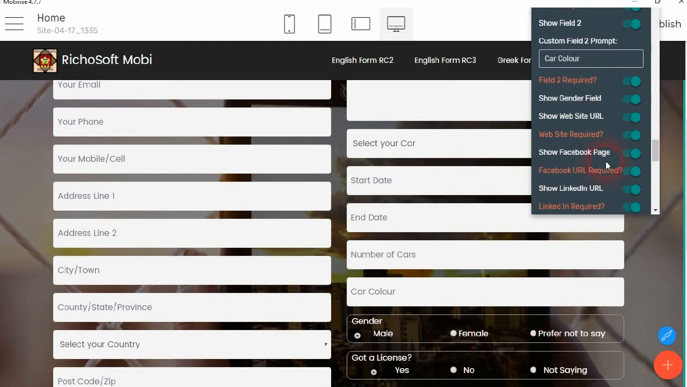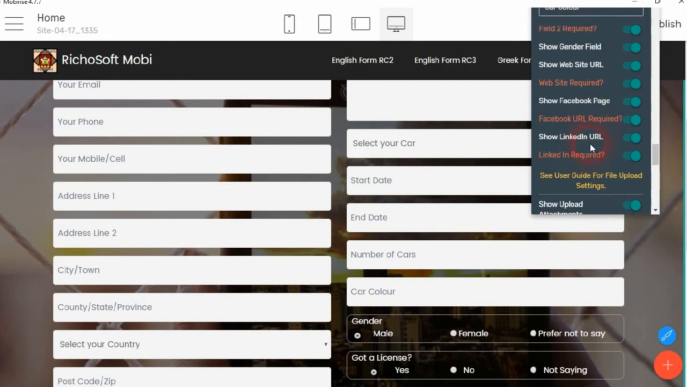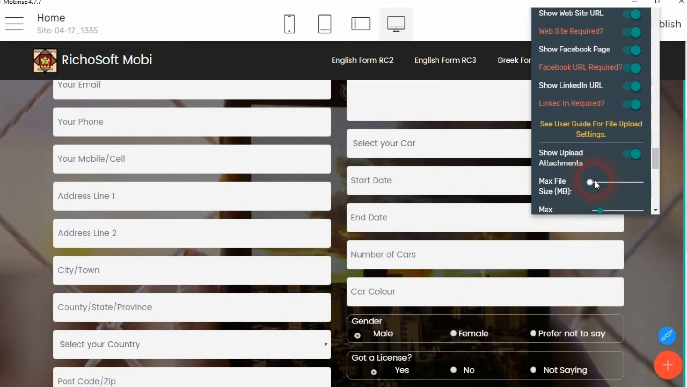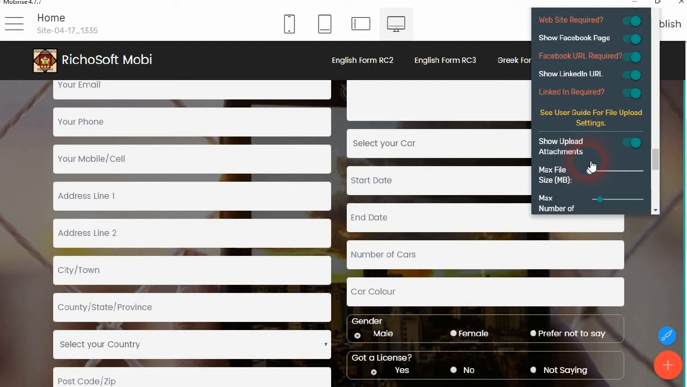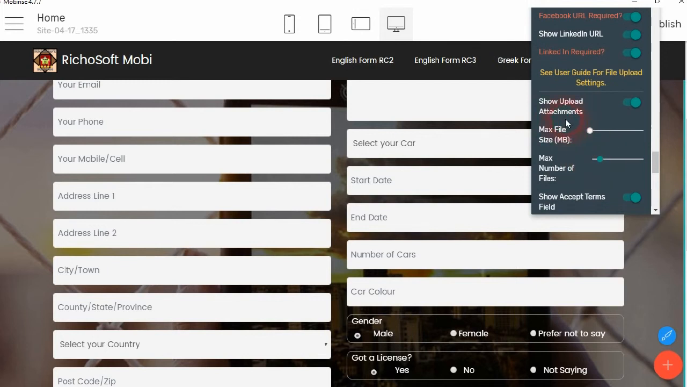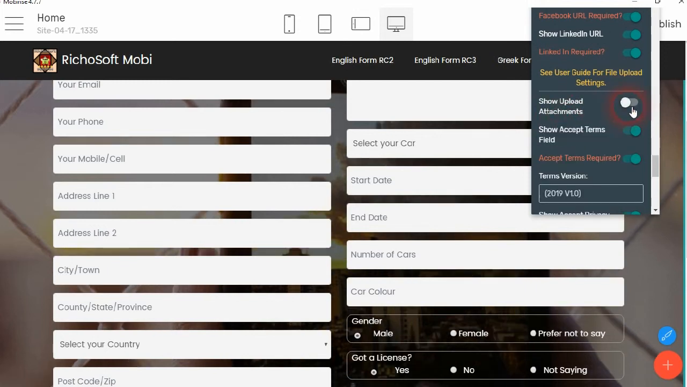They have to select one of the 3 options, and you can choose to hide that if you wish. Then you've got the website URL and whether it's required, Facebook URL and whether it's required, and the LinkedIn URL and whether it's required. Again, you can hide those. Then you've got the show upload attachments, and you can switch that on or off,